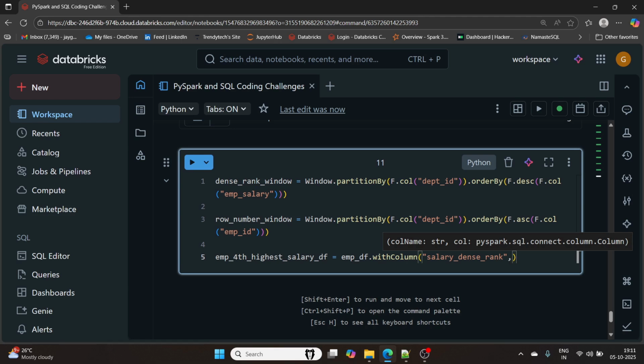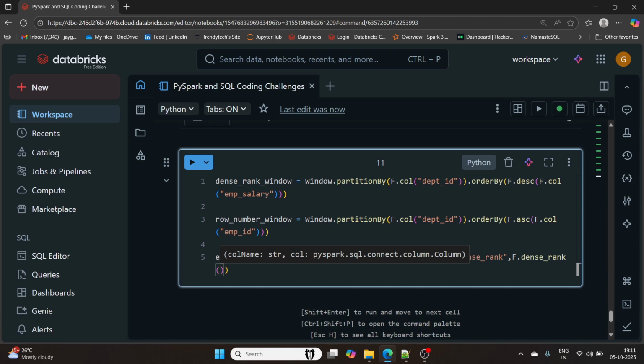What I have to do, f dot dense rank dot over which window, this window. And next I'll have to filter for fourth highest salary, f dot